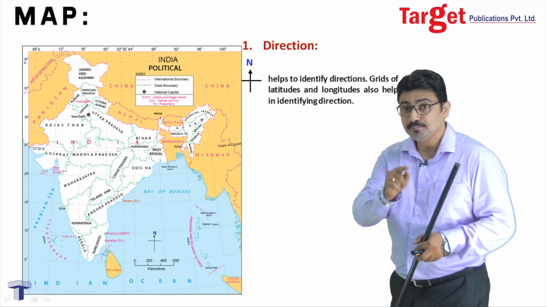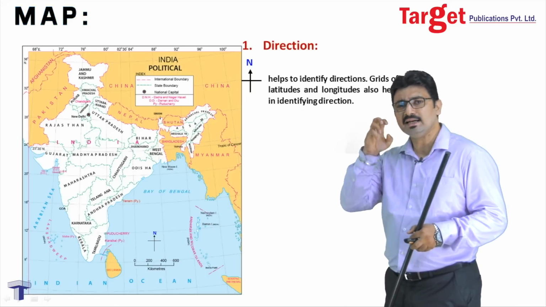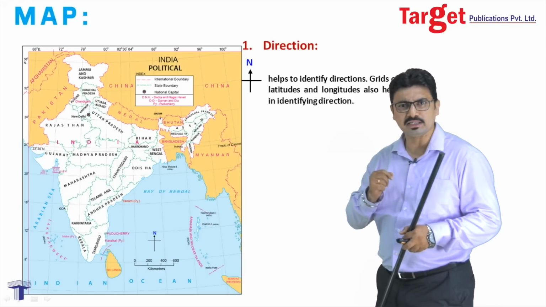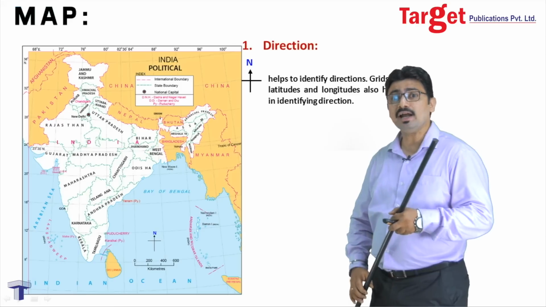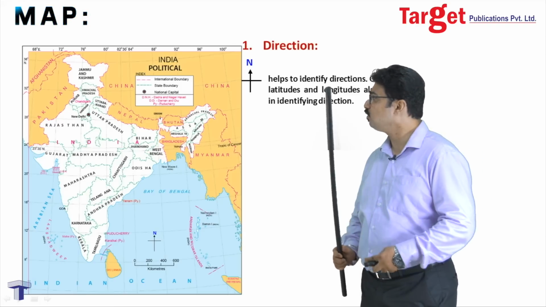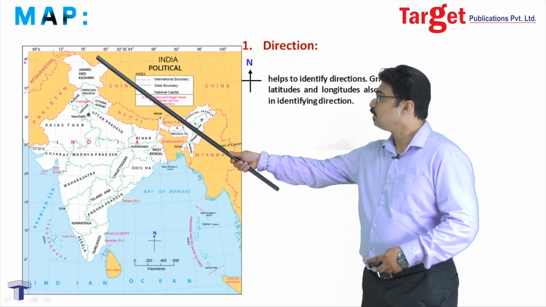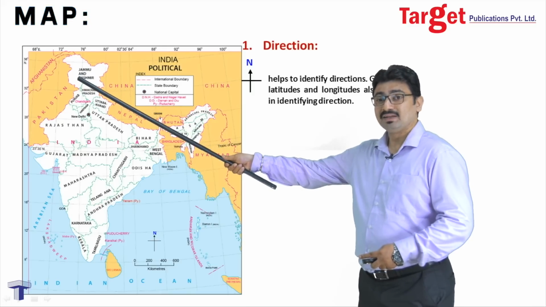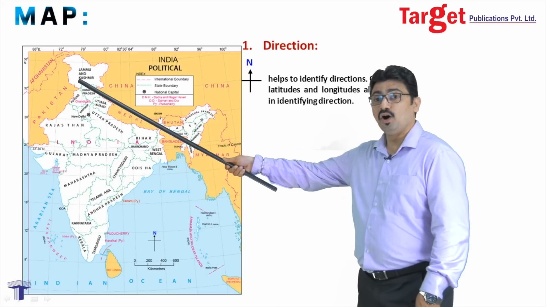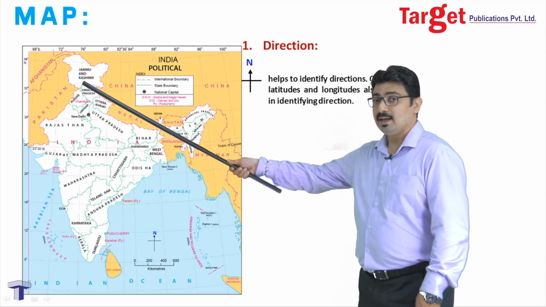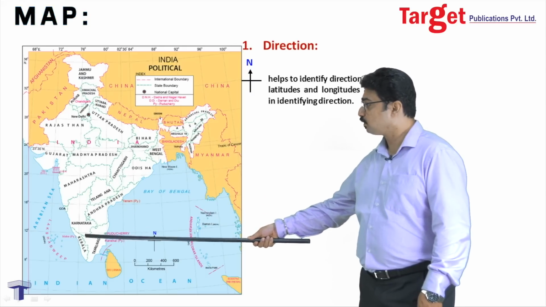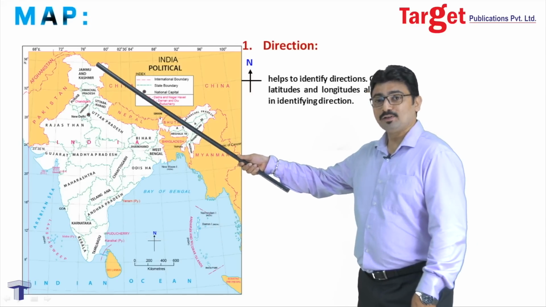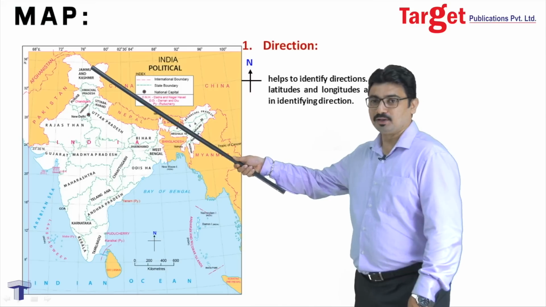As I said earlier, there is one more way of understanding directions in a map if the arrow is not mentioned. What is it? It is the latitude and longitude. If you observe very closely, friends, over here we see the letter N beside the number. That is a latitude, a north latitude. So we understand, and these numbers are growing from bottom to top, right? So the north is on the top and the south is on the bottom.